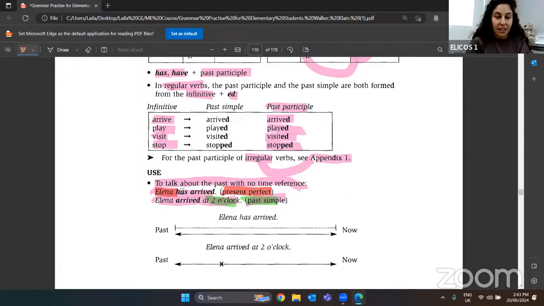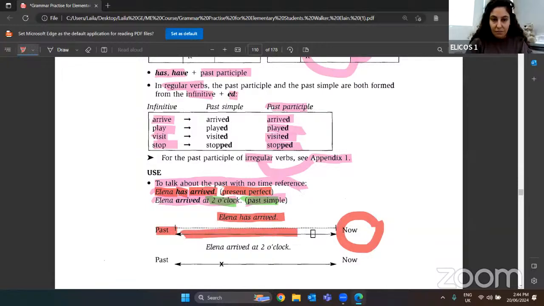It's just subject, the verb to have, and the past verb. Elena has arrived, the past simple. So if you look at this little picture, which I like, Elena has arrived. This is now. Now means the moment that we are talking, that we are giving information, telling someone something. And this is in the past. So Elena has arrived. I just don't know when, because it could be just sometime in the past up until now. But in the past simple,